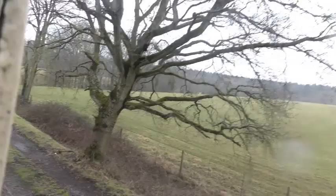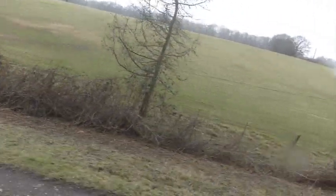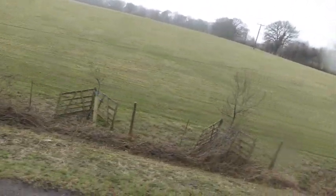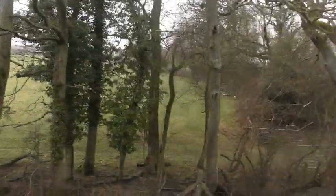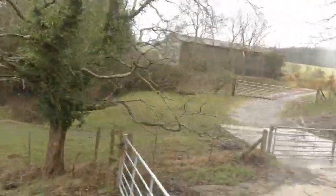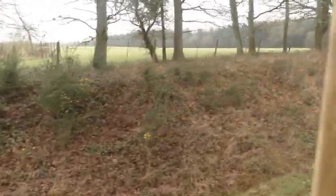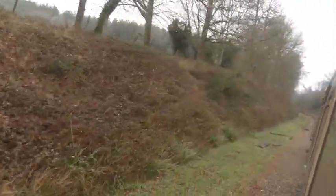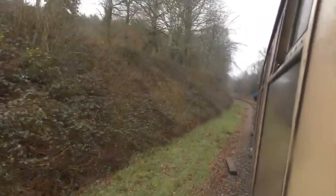From 1996 to 2011, Kingscote was the northern terminus of the railway. They had a lot of trouble extending the railway to East Grinstead, mainly because of a rubbish tip, a landfill site that had been filled in the former cutting, which I'll show you. Then just around this bend here is